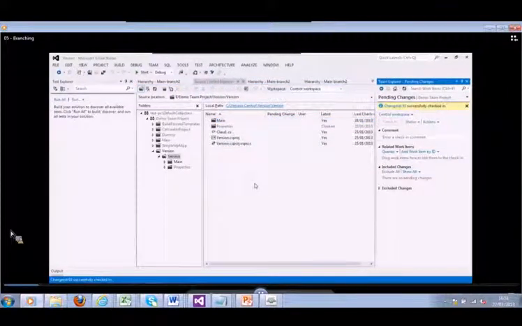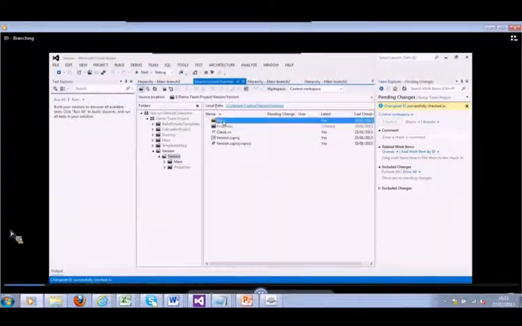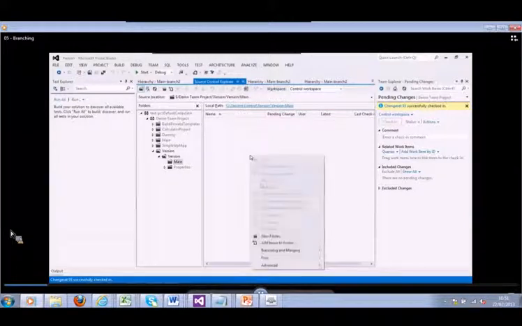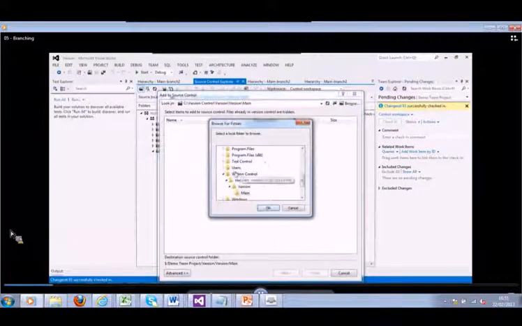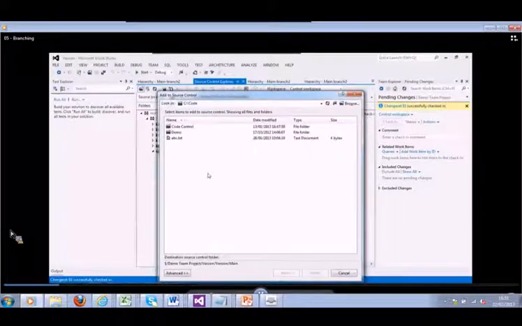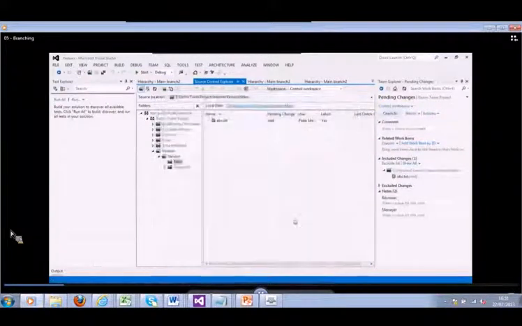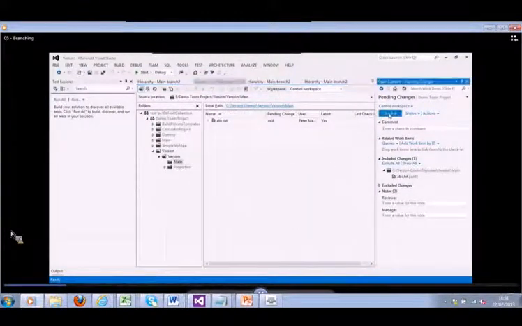I have relaxed the policies for check-in so that I don't have to provide any comments and such, just to speed things up. But it's something you would want to keep, obviously, in real life. So I'll add a file to this folder that I'm branching. This is going to undergo some parallel development, but in such a way that people don't get in each other's way. I have a file already set up that I want to try and do some